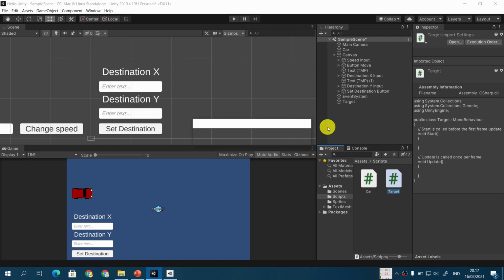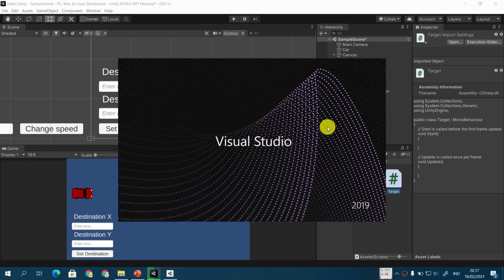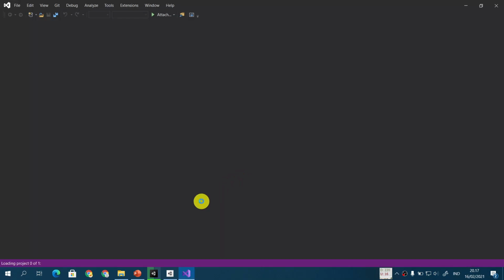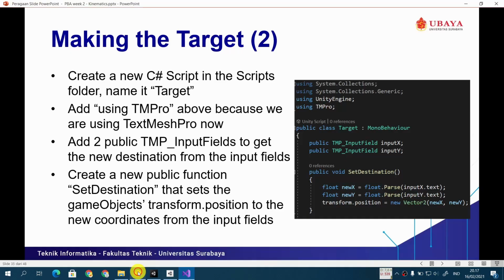Okay, let's open the target script. While waiting, my Visual Studio is being opened. Let's go back here. So basically this script will allow us to actually move the position of the target game object to the specified input. If you look at this script,